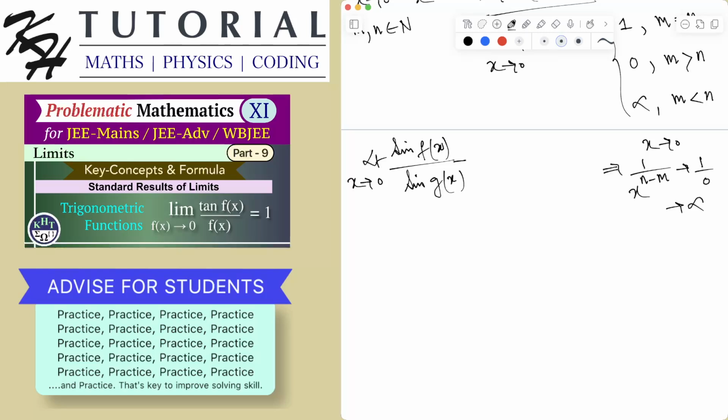This could be a particular pattern of problem where actually not x but f(x) is tending to